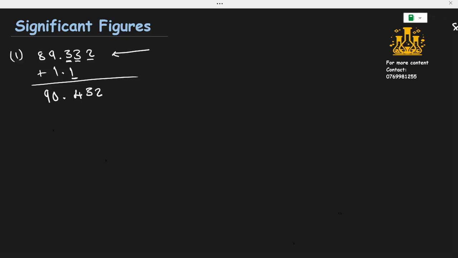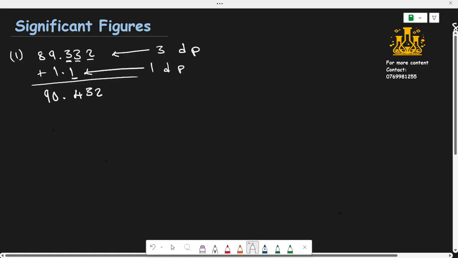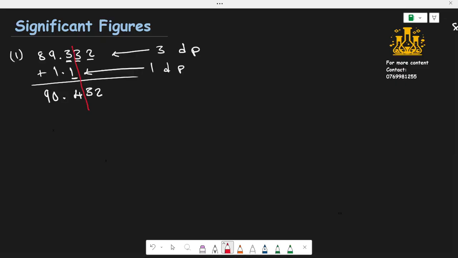So this one has 3 decimal places, 3 digits after the decimal point. But this one just has 1 decimal place. So you follow the one with the least number of decimal places. Basically we are saying your answer should cut like this. Since this one just has 1 decimal place, even your answer should just have what? 1